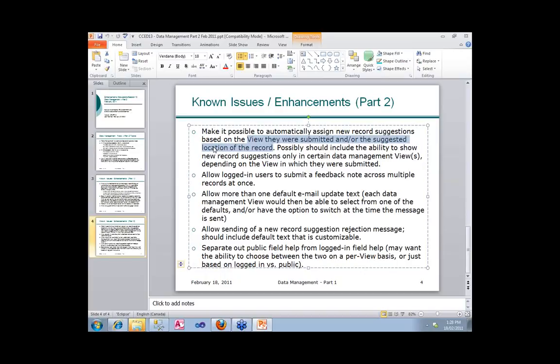So, we can use more than one piece of information to do the assignment, and it may be a combination of the view and the location that allows you to determine where it goes, if there's more than one agency in a view. Does that clarify for you, Mayra? Sorry I left that out when I was speaking, but